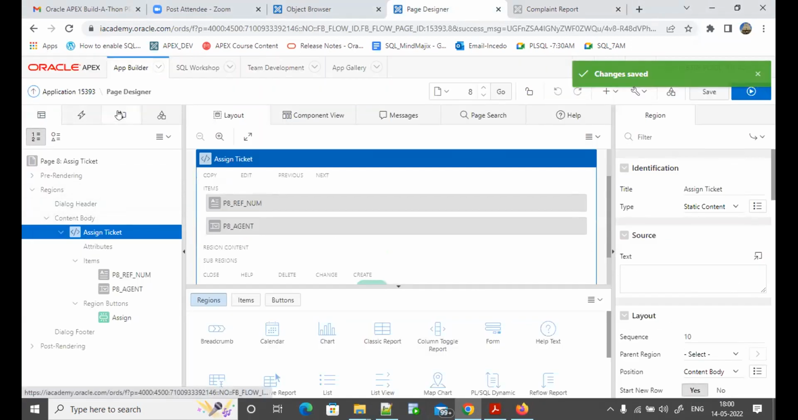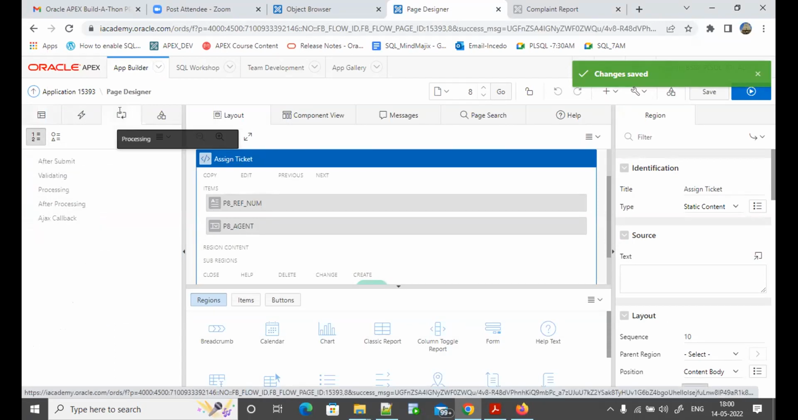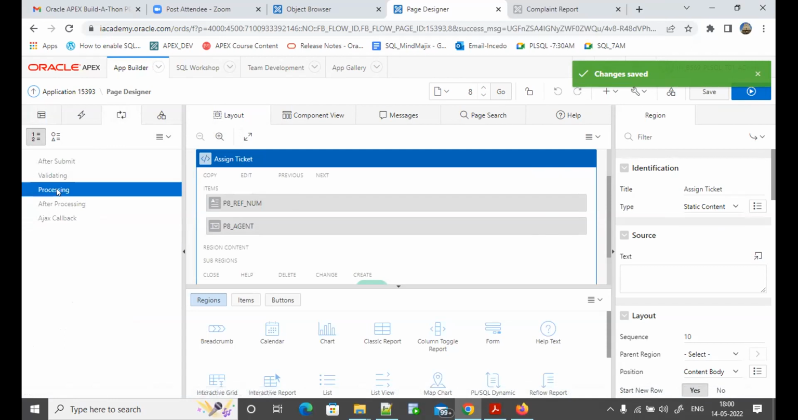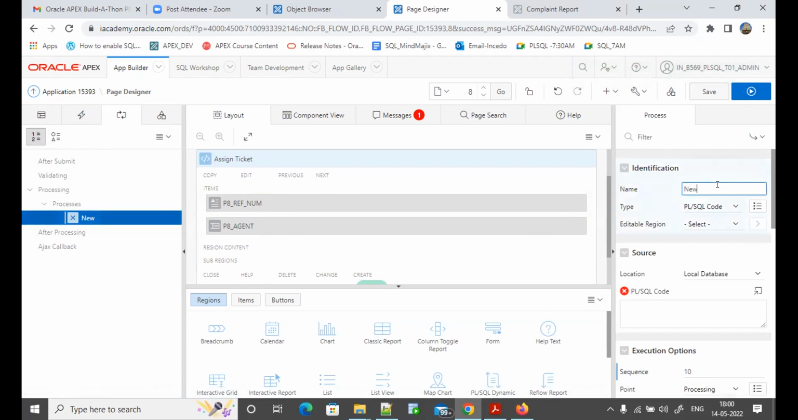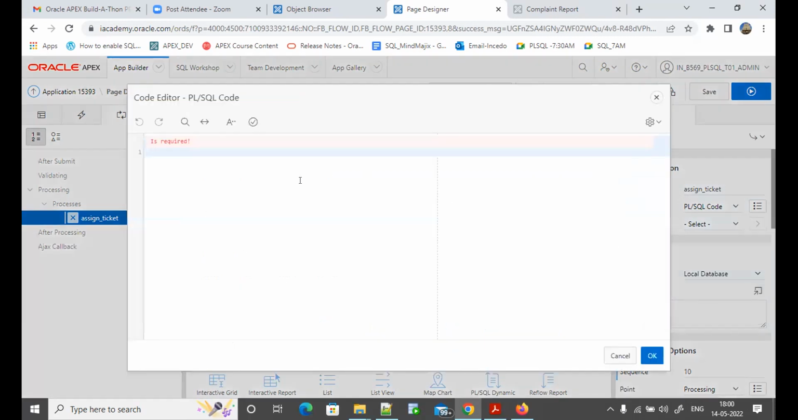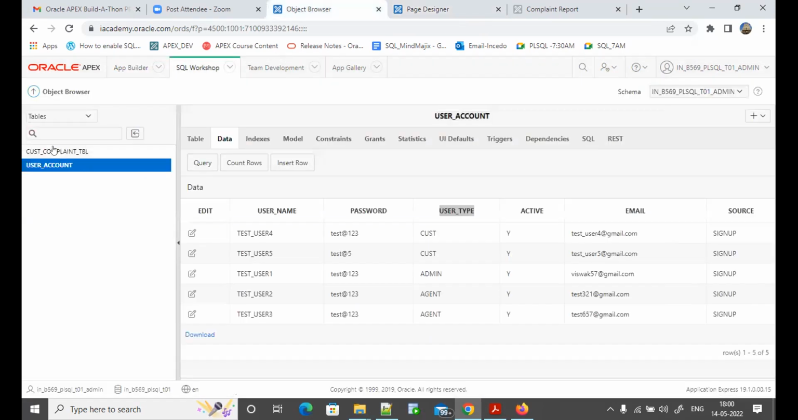So come to the third tab. Okay, click on processing, right click on it, say create process, say assign_ticket. This process is for assigning the ticket. Now come down here, the type should be PL/SQL code. Location should be local database, and then select this one, put your code here, say update complaints table